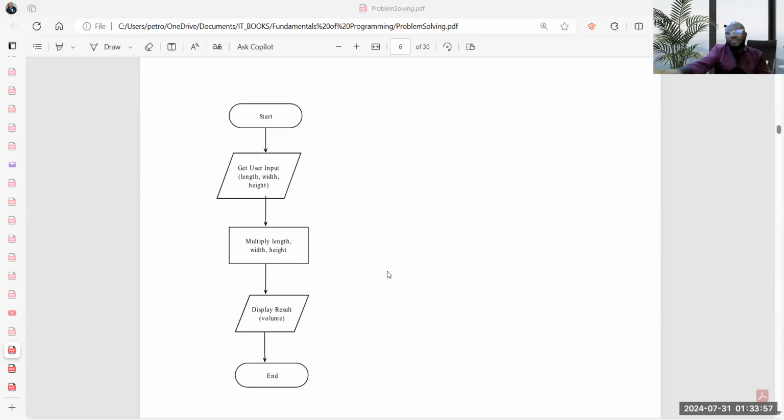So you see, what the programmer has done here, he has identified what he wants to do, and he has been able to simplify the steps that will be required to get it done.